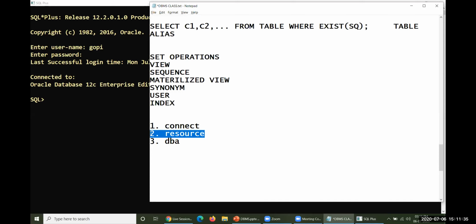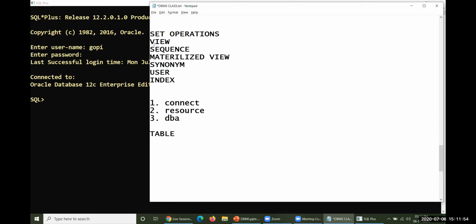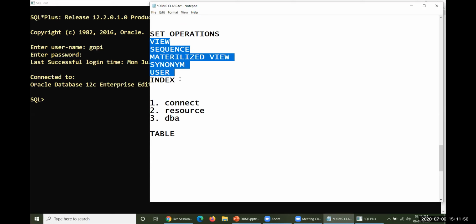Resource, in the sense, we have created so many resources up to this point. Table is one particular resource, and we have performed many operations on this table. Table is one kind of resource here, and whatever objects I have listed here, all these objects are supposed to be created by you and navigated by you. Navigation in the sense DML operations, data manipulation operations. All these things could happen here.